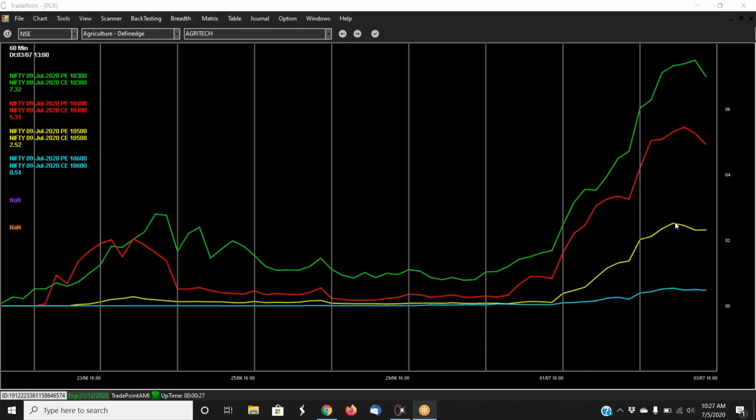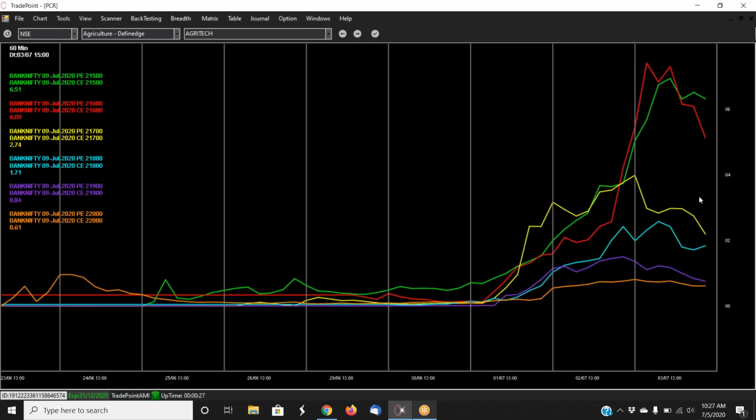This is something which is a cause for concern for the bulls. So it has to be seen how they behave from tomorrow onwards. I mean, the expiry is Thursday only, but the fact that they have started dipping is a cause for concern. If you go to the Bank Nifty put call ratios, these have dipped more, and that is also very clear from the relative strength chart where Bank Nifty is underperforming Nifty.